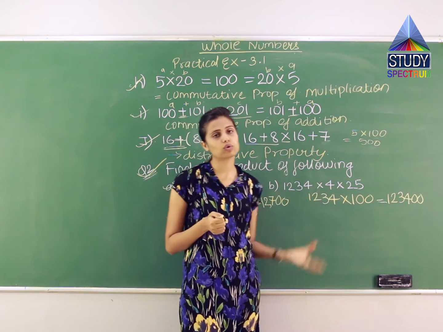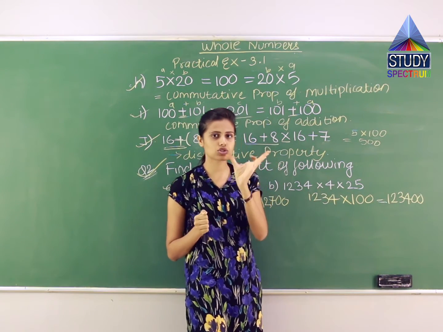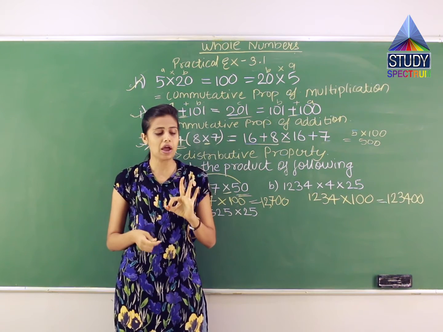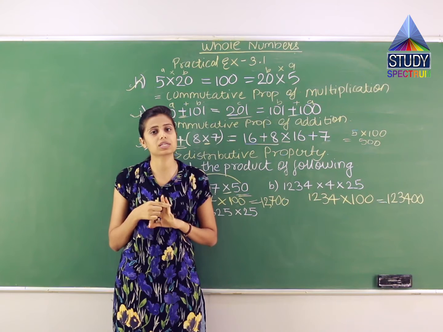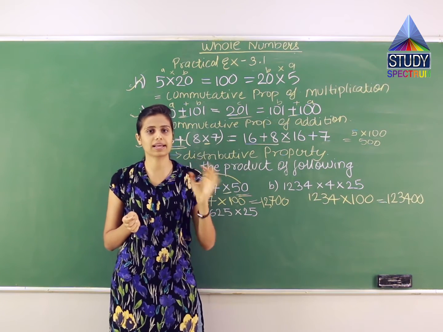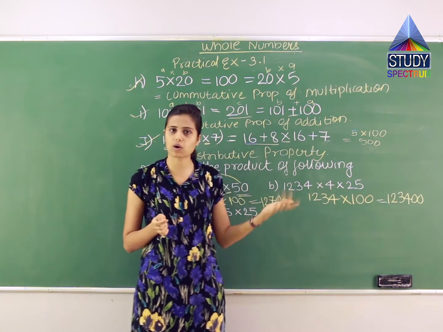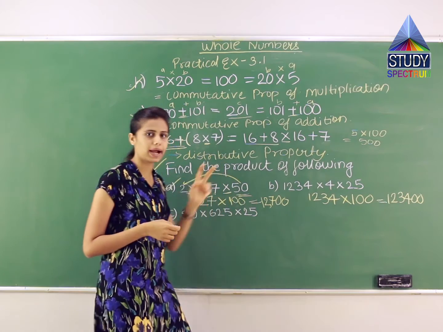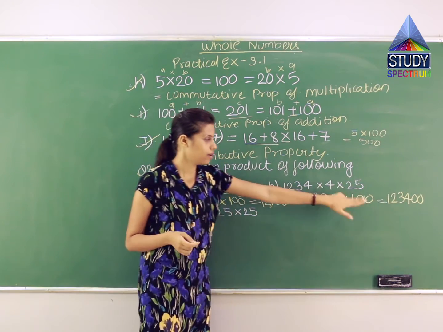So that is what we have to do. We have to convert by multiplication of two numbers. If three numbers multiplication is there, we have to find a pair of two numbers such that these numbers give me numbers in tens, like 10, 100, 1000, 10,000, 1 lakh. Combining such numbers, I have to multiply first.